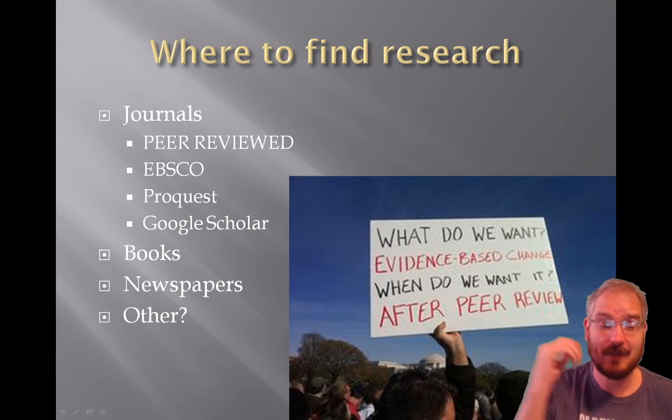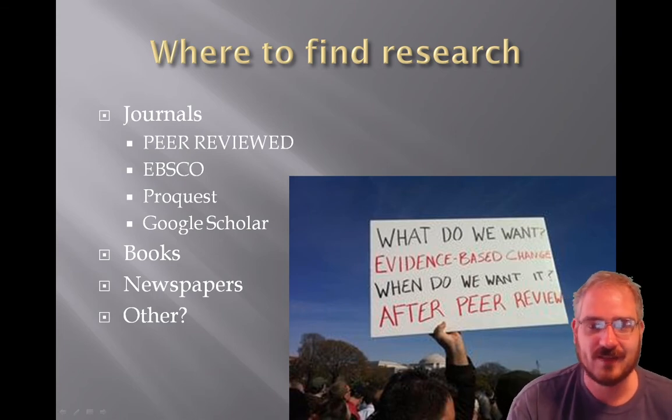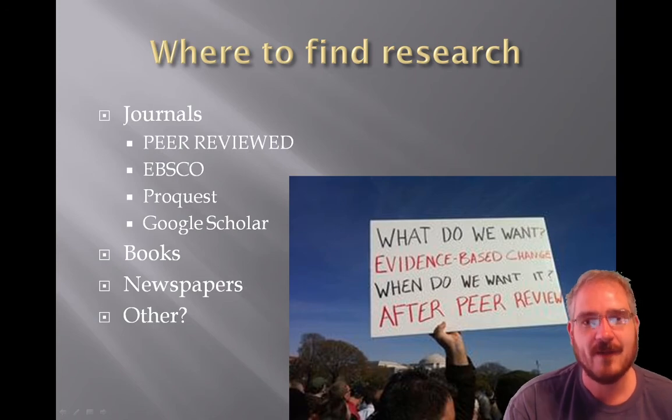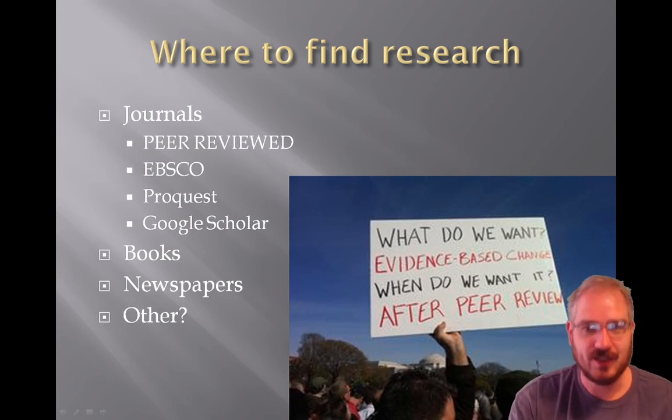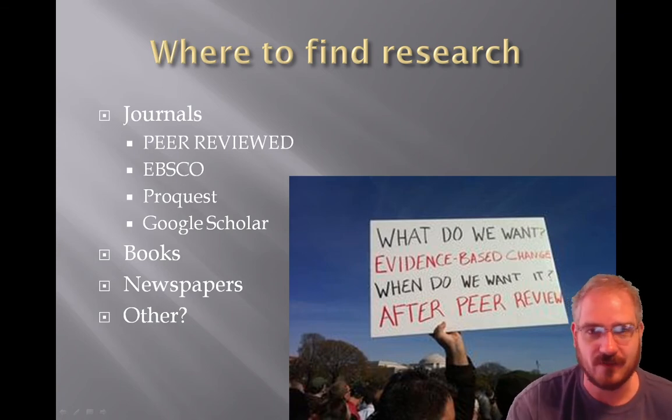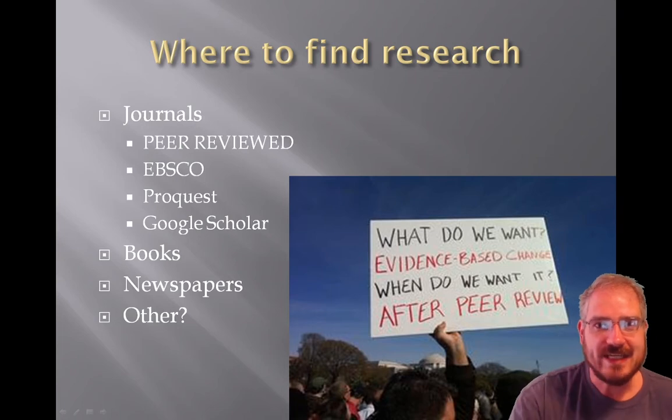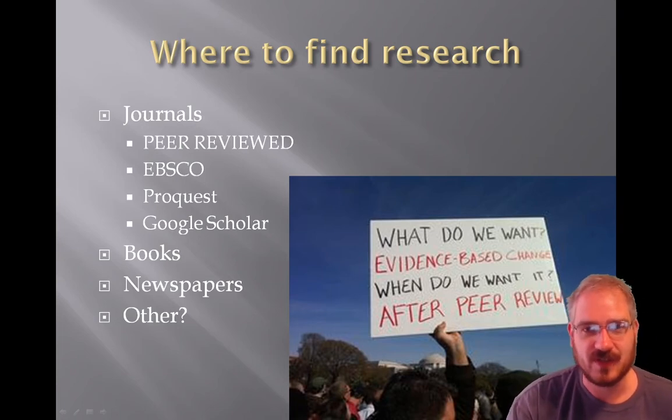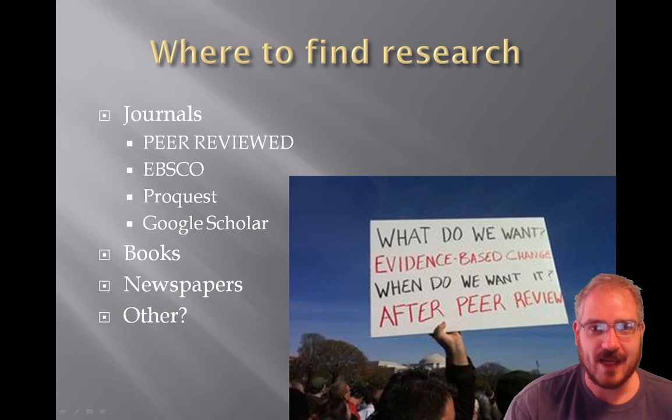But they are the tip top of the best places to find research because of the peer review process, right? And the way that works is, let's say I write a paper. I send it to the journal. The journal says, thank you very much, we'll get back to you in a minute. Then they take my name and any identifying information about me off of it and send it to 3 different people who are experts in the subject, right? And those 3 don't know who each other are. They don't know who I am. They just know that they're reviewing this paper. And they sit down and they write out what they think.